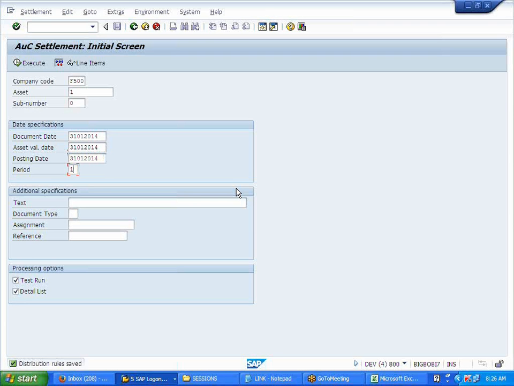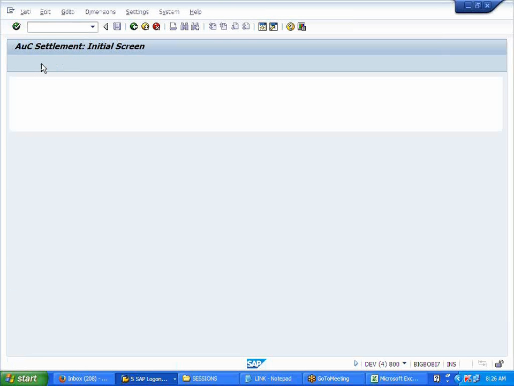Now whatever I'm doing, transfer from AUC to final asset. This is a test run. I'm executing it now. So it is moving to the final asset.